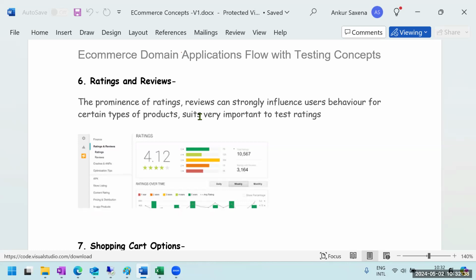But the second requirement is to get the review of that specific product, because you want to understand the sentiment of the people for that product, which will help the decision makers to make the right decision whether to enhance this product with new features or scrap that specific product because it's not popular among the masses. So getting the reviews and the ratings is another important aspect,